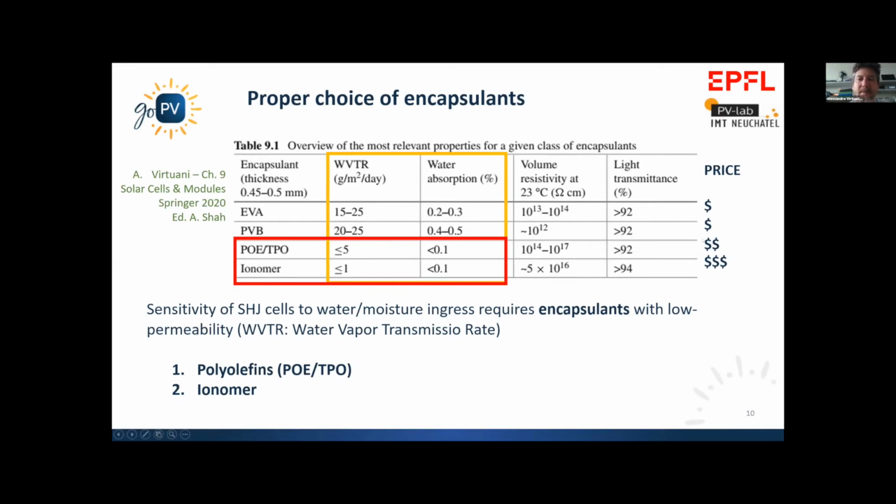Of course, these materials are more expensive and also have a lower track record compared to other materials, as, for example,